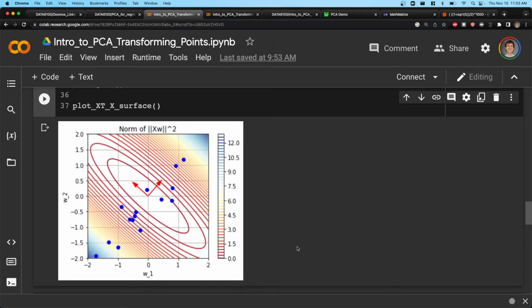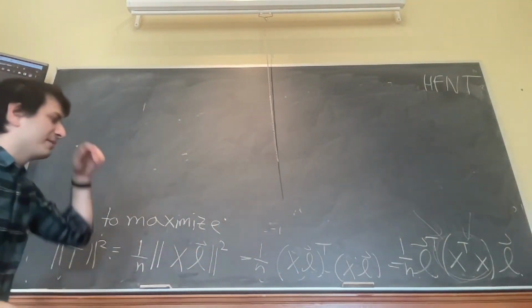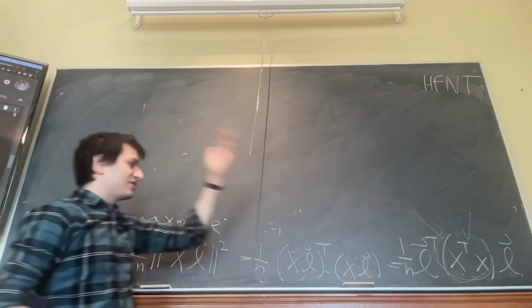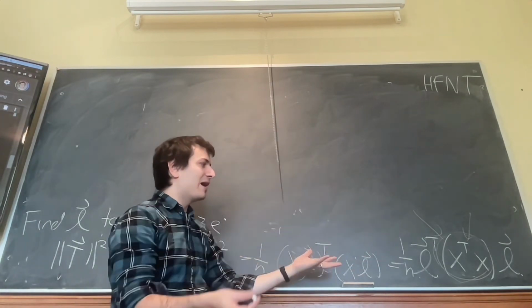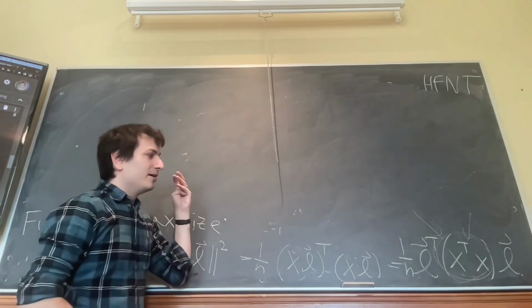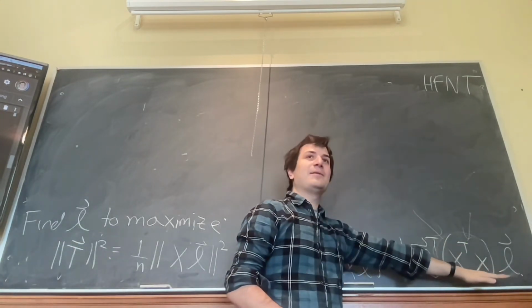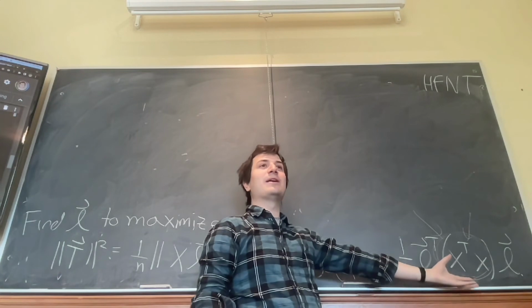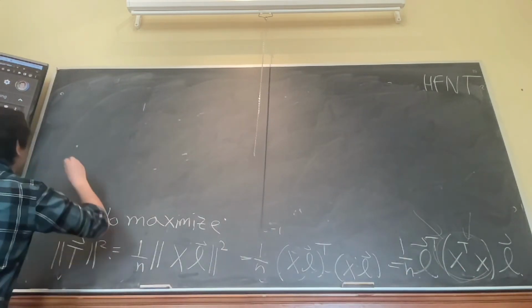So once again, we want to find L to maximize this. We're trying to find the L that maximizes this. And just like before, you might think this is a crazy problem. How are we possibly going to do this? X transpose X is some insane matrix. But if you look in the eigenbasis of X transpose X, this is a very boring matrix. So in the eigenbasis,